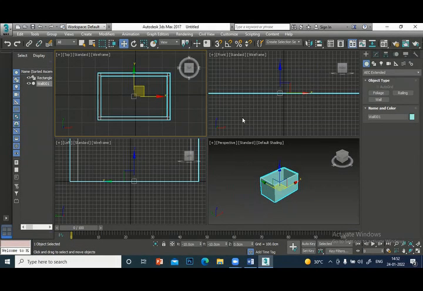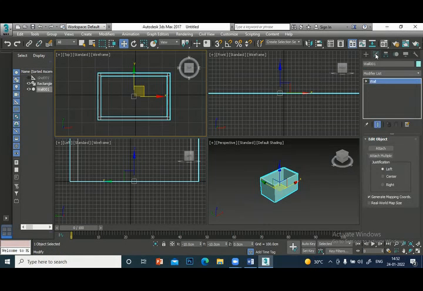Okay. Now, if you want to make some changes to this wall, how will you do that? Suppose I want to change the width of one wall a little bit, instead of 20 centimeter, 30 centimeter, how will I do it? So I'll go to modify. You see this wall, this is the modifier stack. Under this wall, this arrow you switch on.